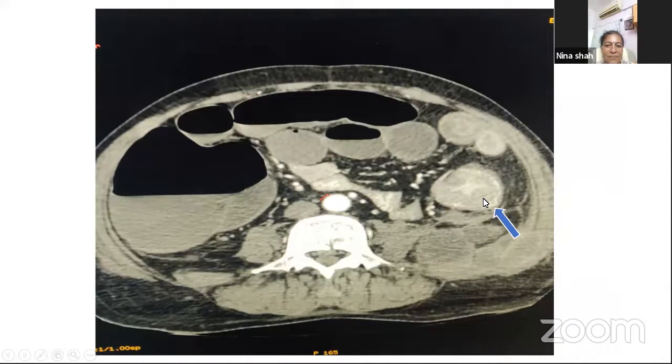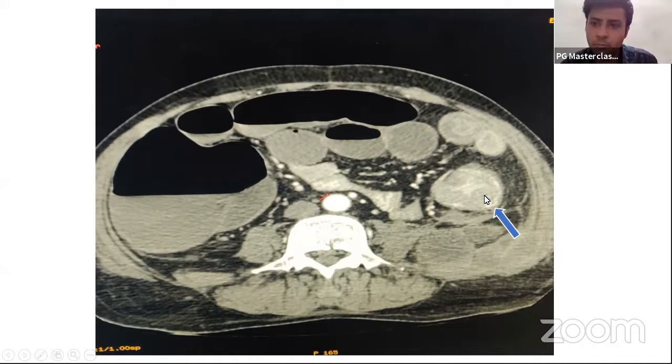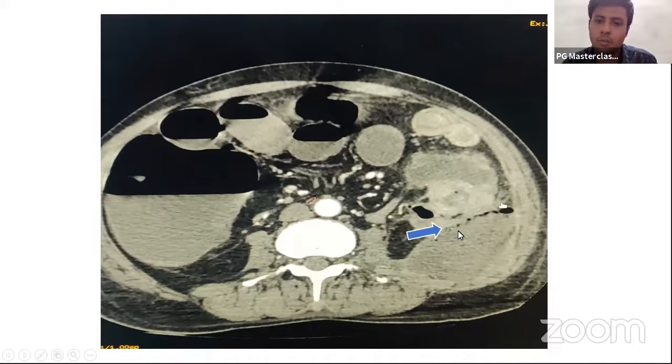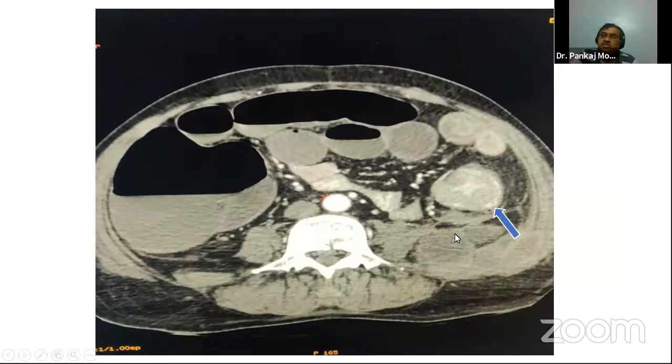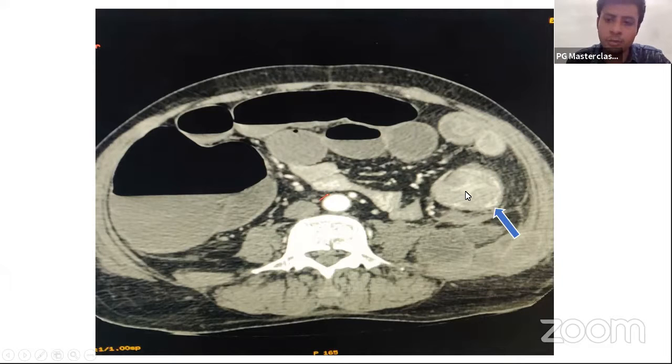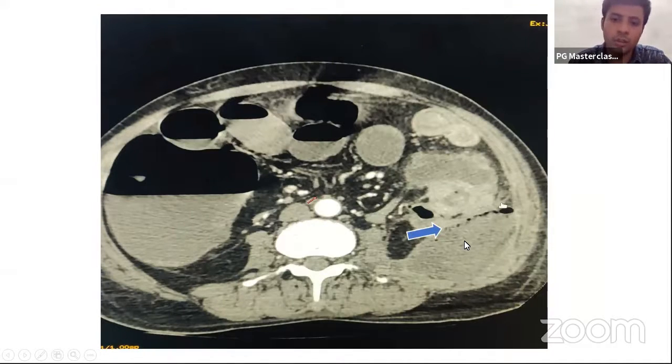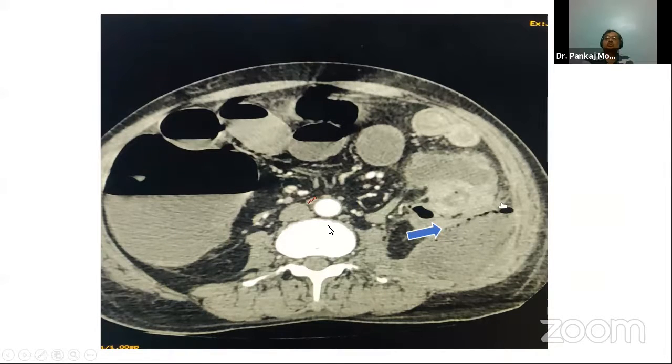This is another image, an axial section, showing a constricting mass. Rahul, speak. Stay in one position and speak. Your voice is sometimes very loud, sometimes very low. So stay in one position and speak. Yes, sir. This is another image showing a constricting descending colon mass with a peritoneal collection and a few air pockets over here.